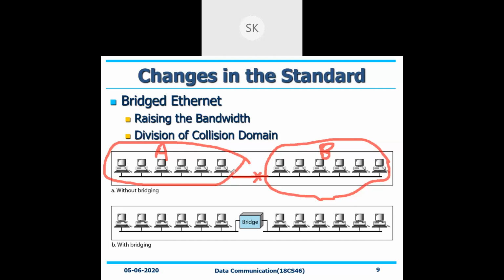So if you are saying 10 Mbps, say for example, this is system 1, and the second system is there, followed by third system, 4, 5, and 6. Similarly, with respect to B, you have 1, 2, 3, the next one is 4, 5, and then once again the sixth system.